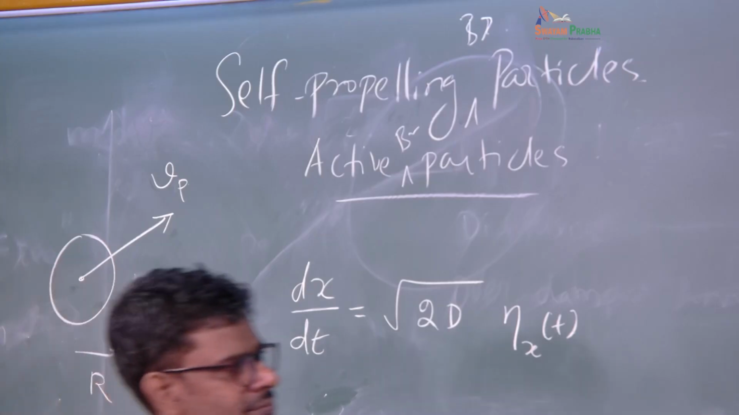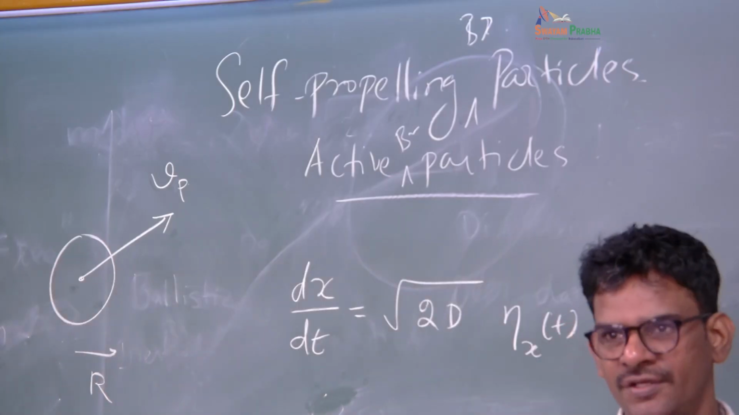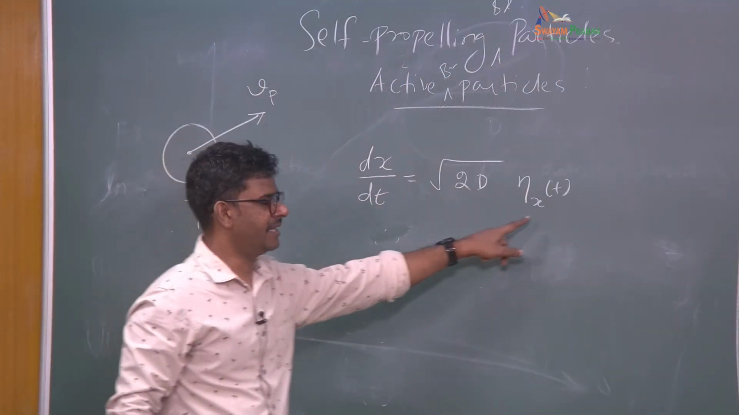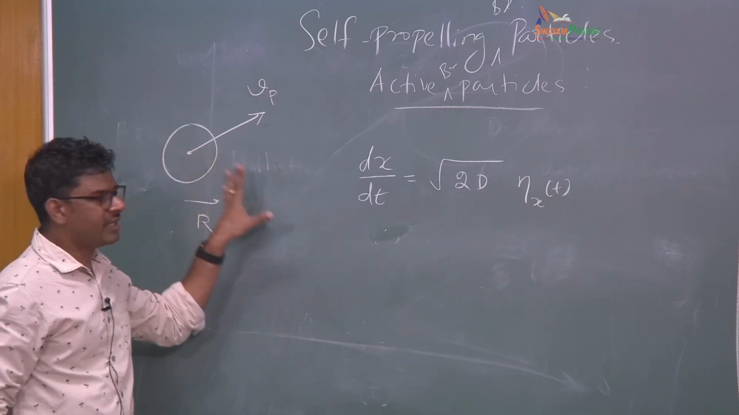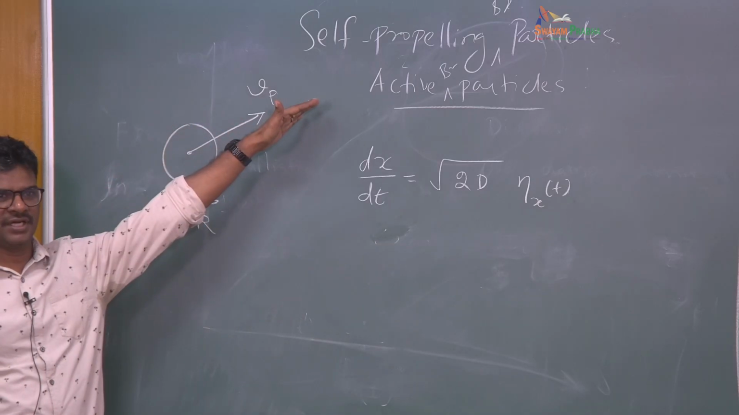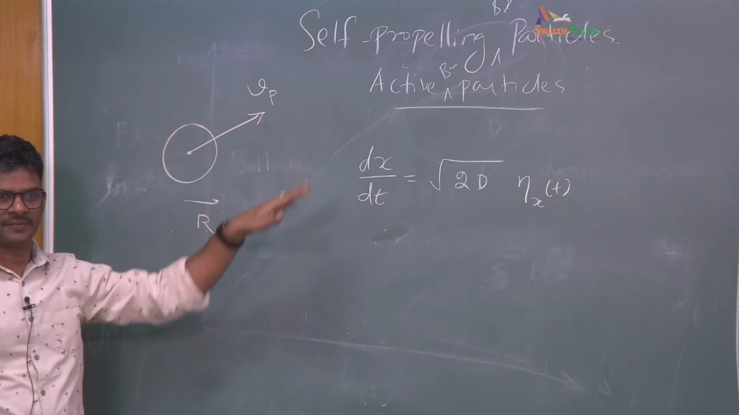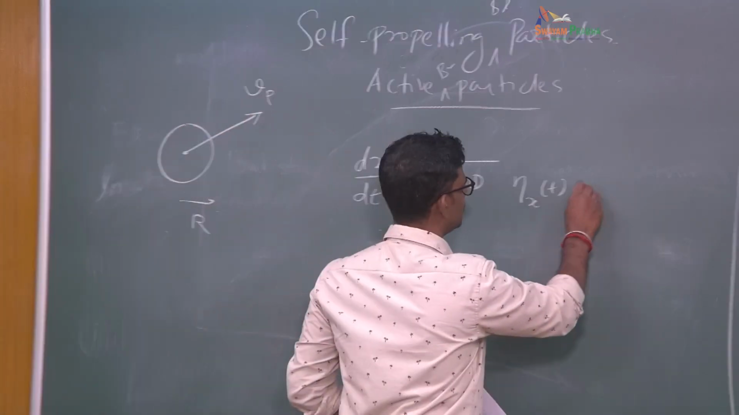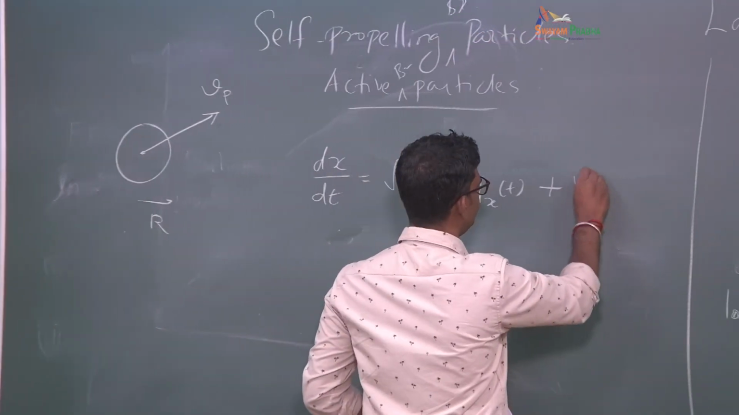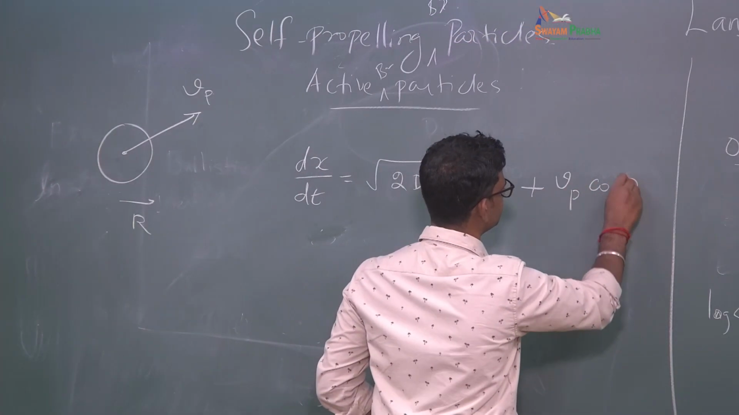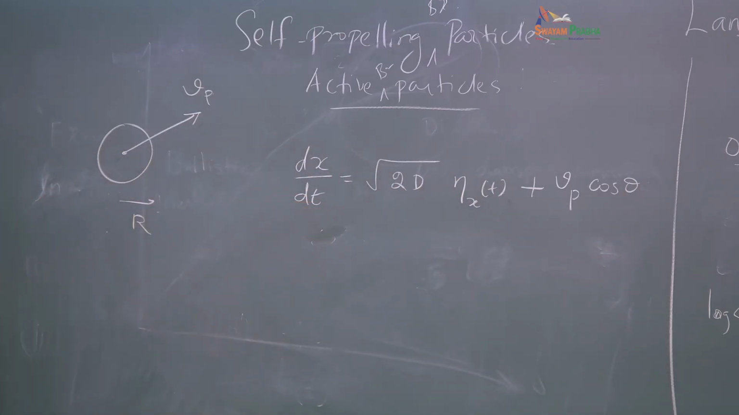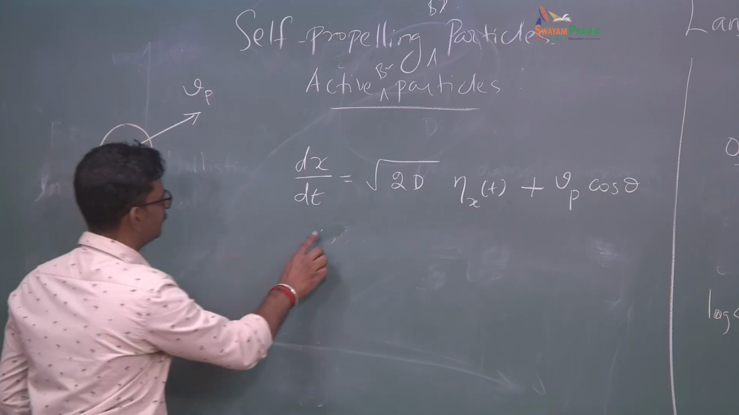By the way, kT by gamma is nothing but a diffusion coefficient. So that's why I have written 2D eta x. This would actually mimic the Brownian motion, but like I said, this particle is also propelling in a given direction with a velocity Vp. Okay. So then there is an additional component here. The additional velocity is Vp cos theta. Okay. It is resolved in the x coordinate as Vp cos theta. Similarly, the y coordinate of this